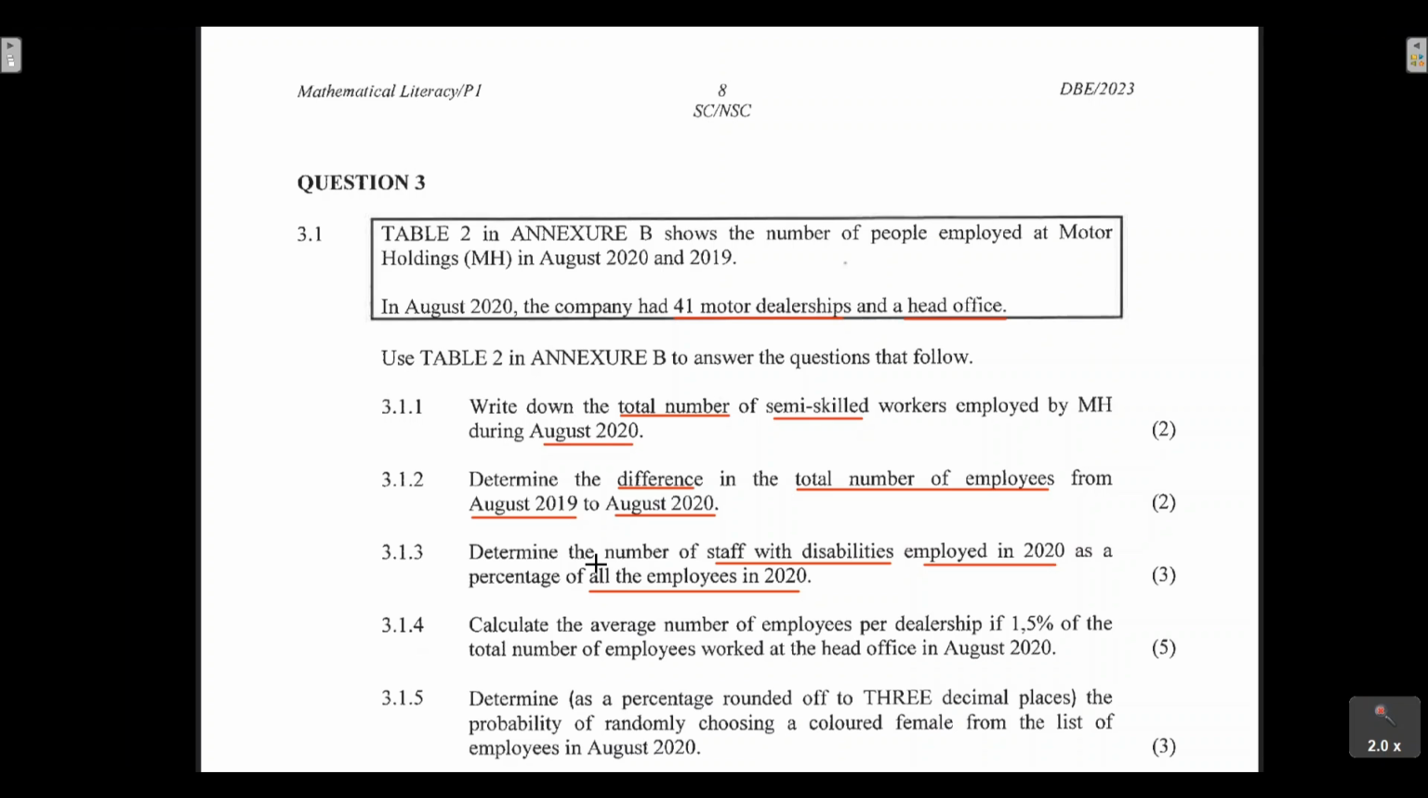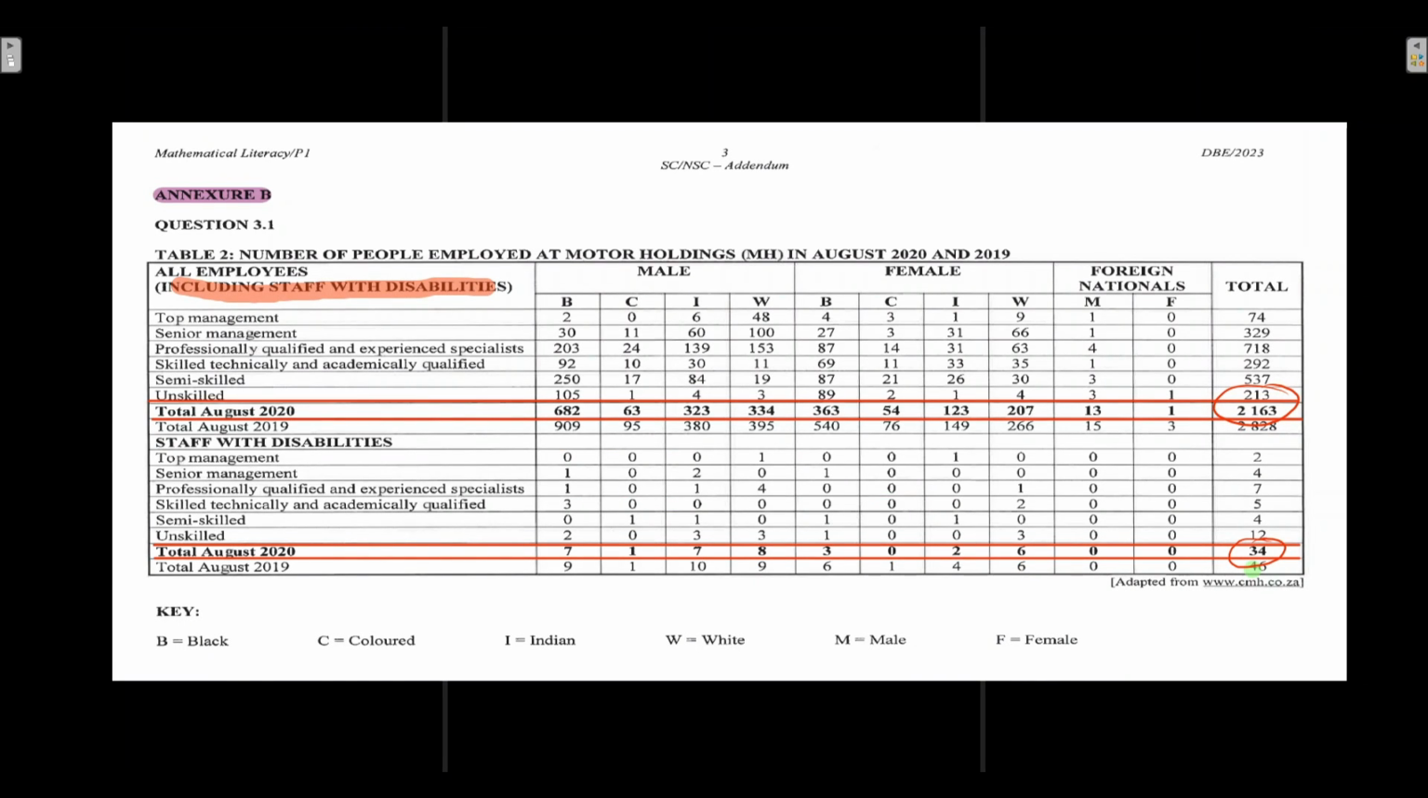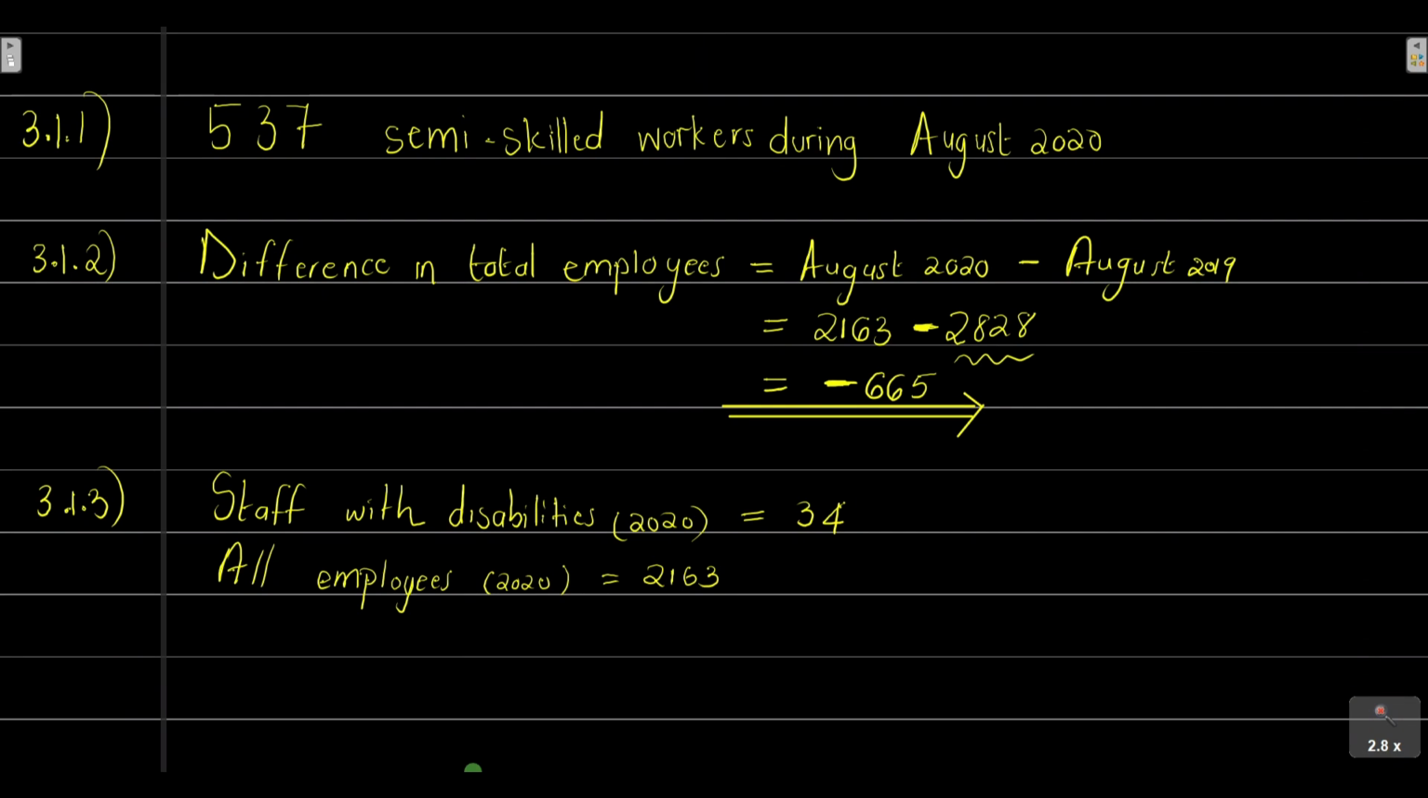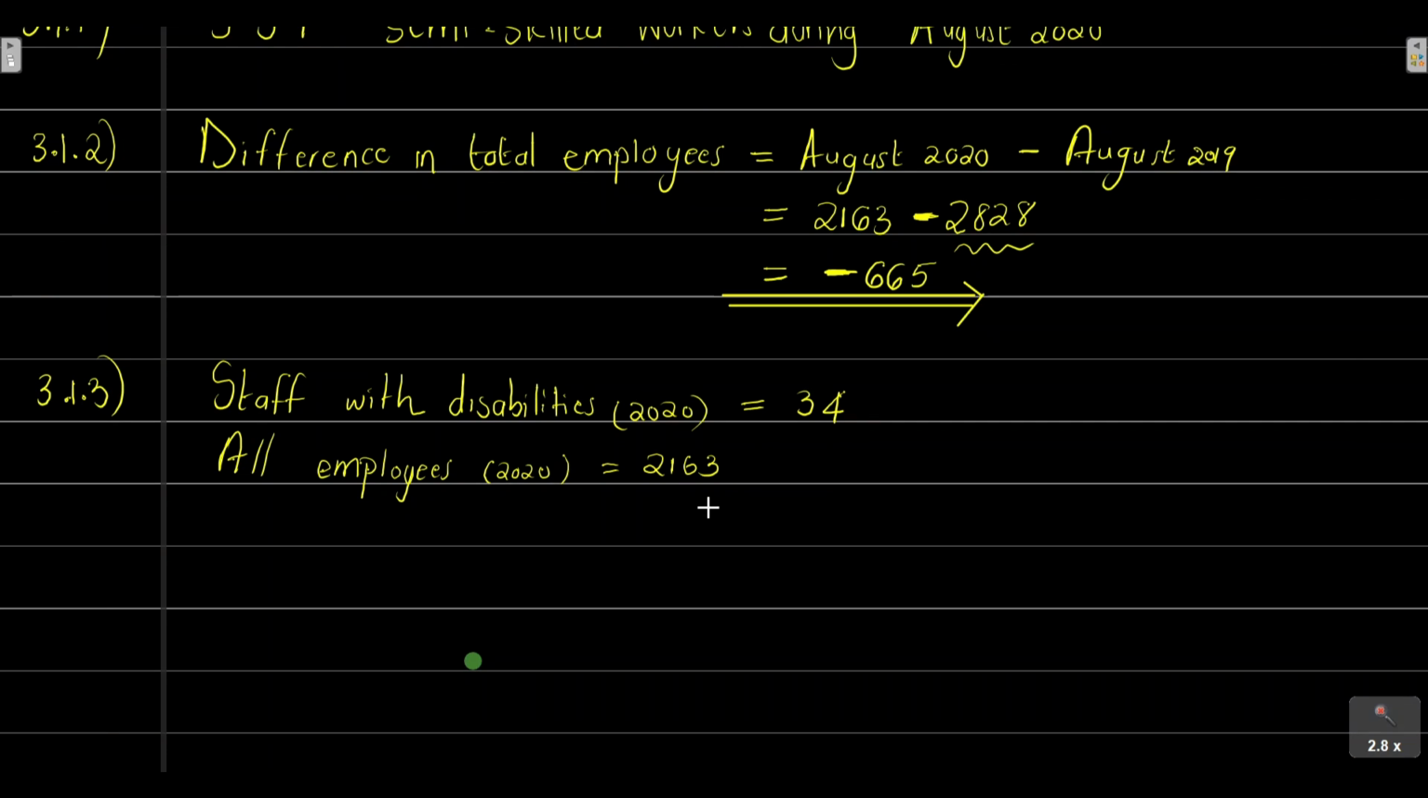And now the question wants us to determine the number of staff with disabilities employed in 2020 as a percentage of all the employees. So what is the percentage of the staff that had disabilities to all the staff? So how are we going to set this up? To determine the percentage,